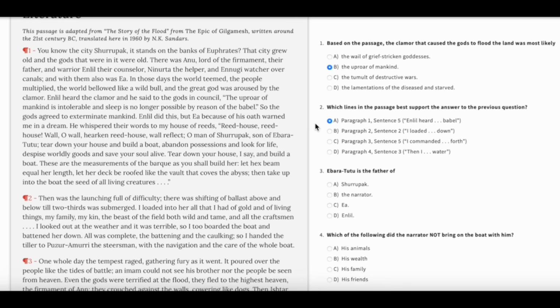All right. It says, "O man of Shurapak, son of Ibarra Tutu, tear down your house and build a boat,